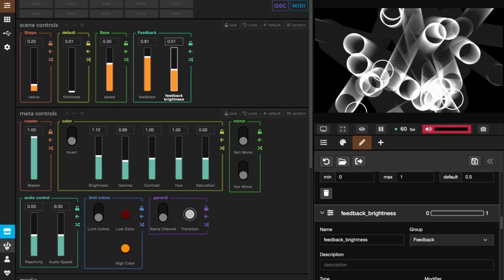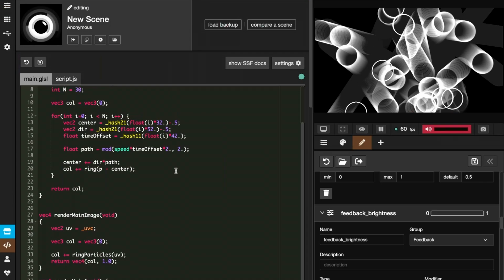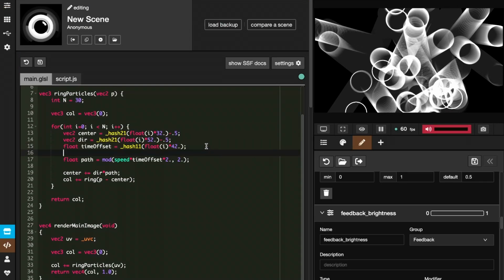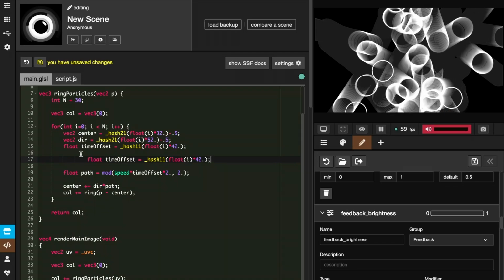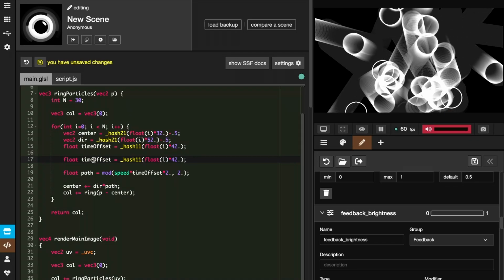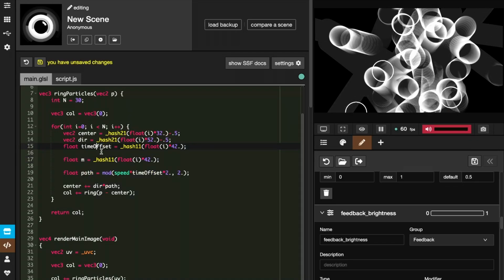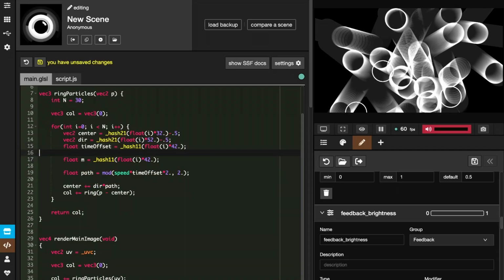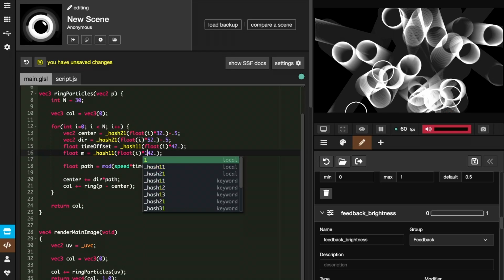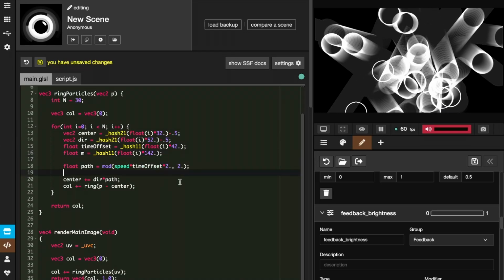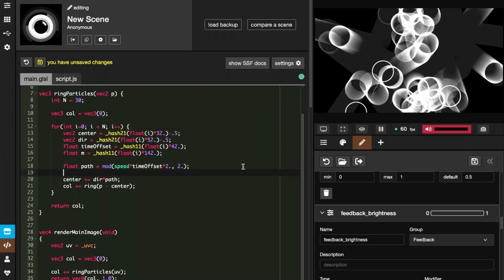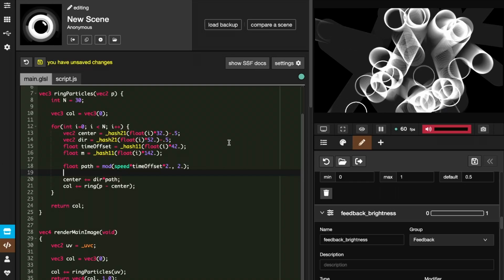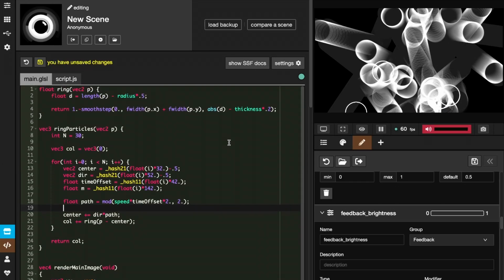And for this I used another hash value, called it M for modulate, and it's also just a one-dimensional value, and also give it another random seed here, and then use this as the radius,